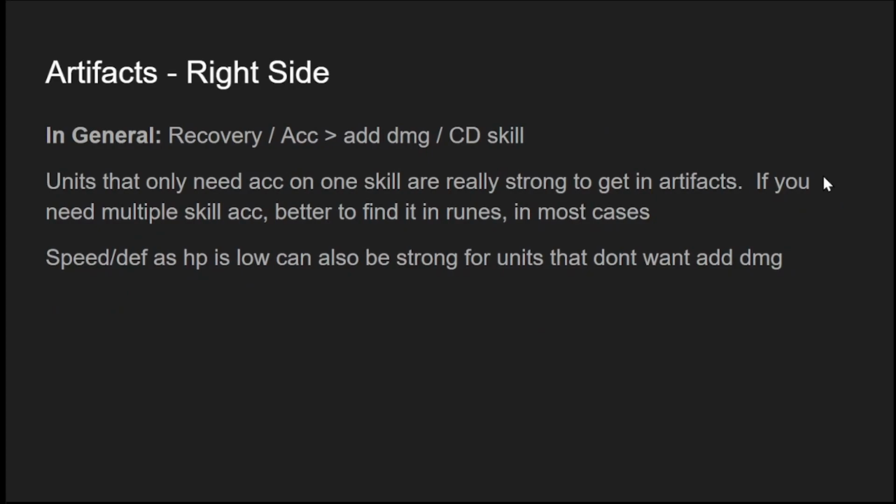On the right side, in general, recover and accuracy are really great, as well as additional damage or CD to skill. I think in general, though, people tend to overvalue CD on a specific skill, but it can still be pretty valuable on that side. As far as accuracy goes, if you have a unit that only needs accuracy on one skill, this is a really strong place to pick it up in artifacts. You're going to have tons of efficiency from being able to get 20 accuracy on skill 3 in artifacts versus getting it on runes. But if you have a unit that needs multiple skill accuracy, my example here is going to be Changpeng. All 3 of his skills want accuracy, and while 2 and 3 are more important,